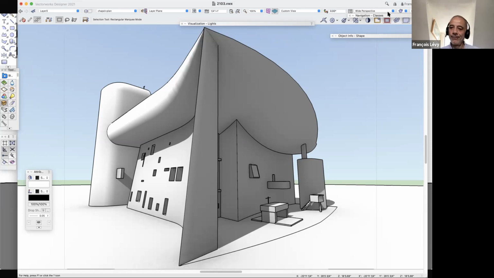Rendering with light is a whole another ball of wax, because if you really try to be super accurate with your lighting, let's say you build a symbol for every light and you put a light source in every symbol, you could easily have 60, 70 lights just in a residence, right? And you want to turn all of those on thinking, well, I'm going to have a really accurate representation of what the lighting's going to be like. If your goal is to do some sort of a photometric study, okay, I guess. But if your goal is to just have a really nice rendering,